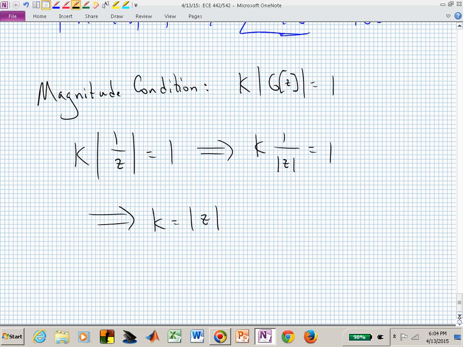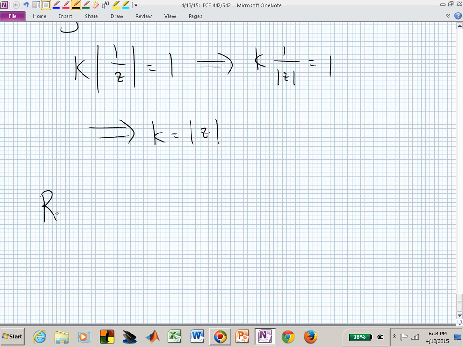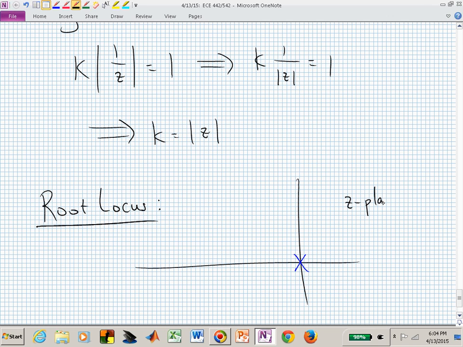And if we sketched that in a root locus, we have a pole at the origin, and based on our phase angle condition, or the French bread problem,